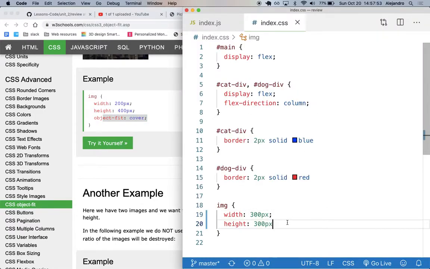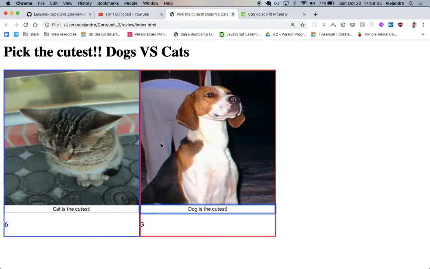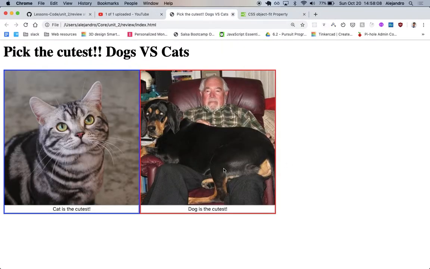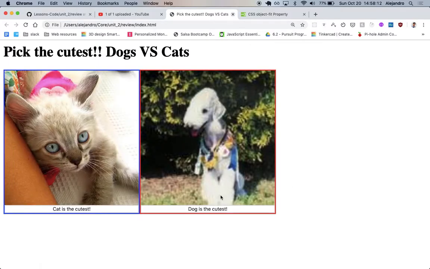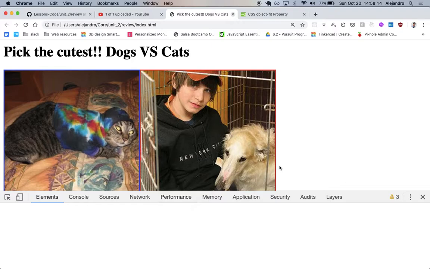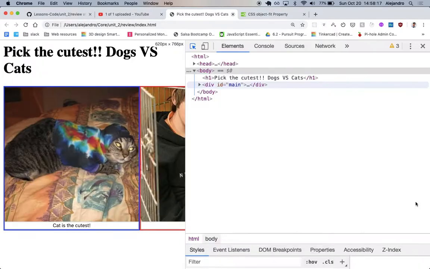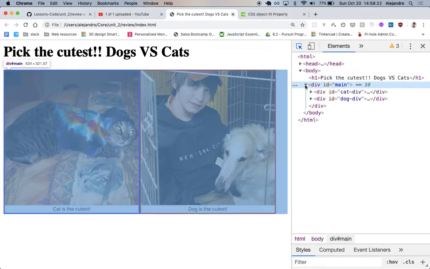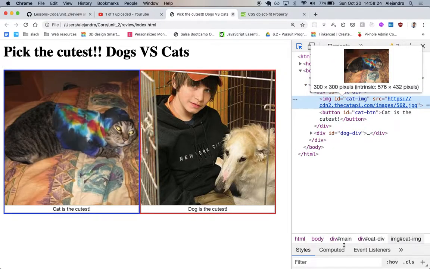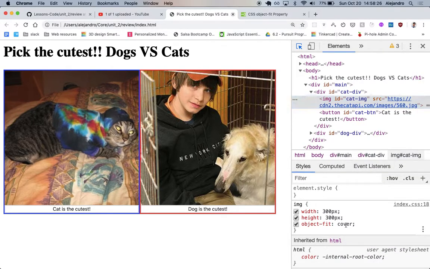Let's do that, and then object fit. Let's try cover. The problem with this is that, so this is better. This is pretty good. Let's look at how in here. Let's look at the different values that are possible for object fit. Let's grab the image. So object fit can have cover,